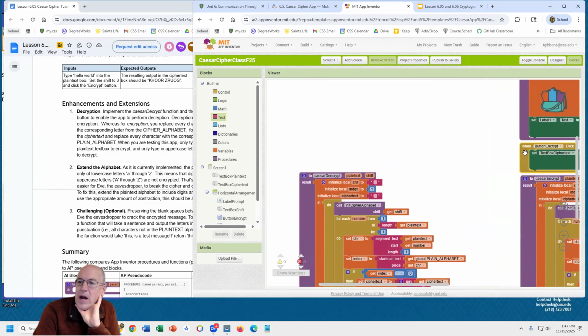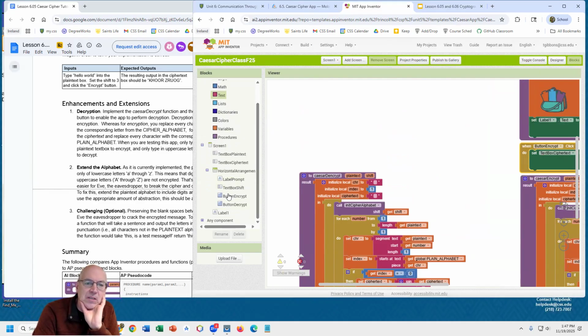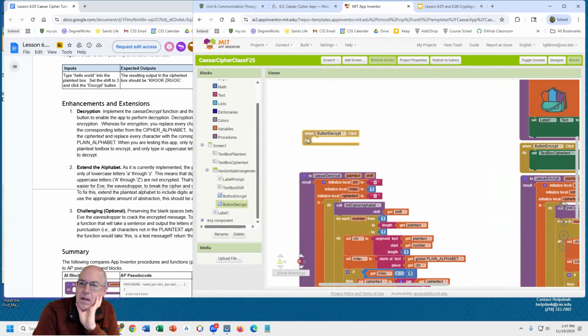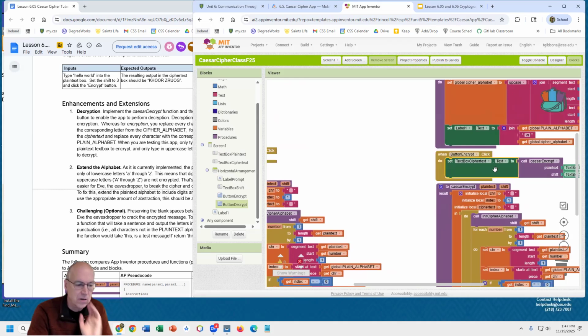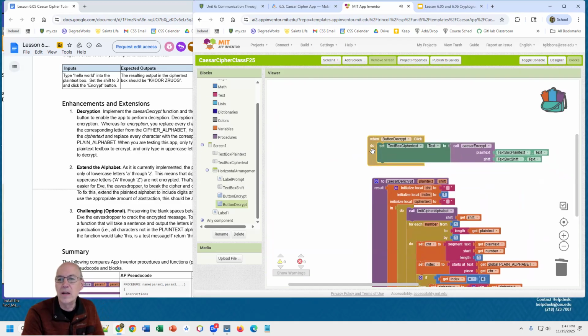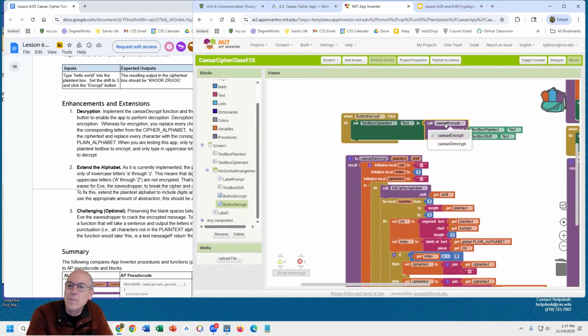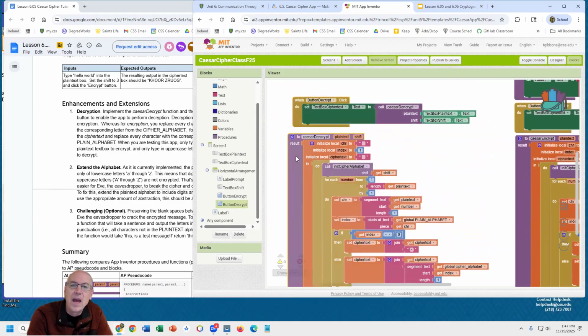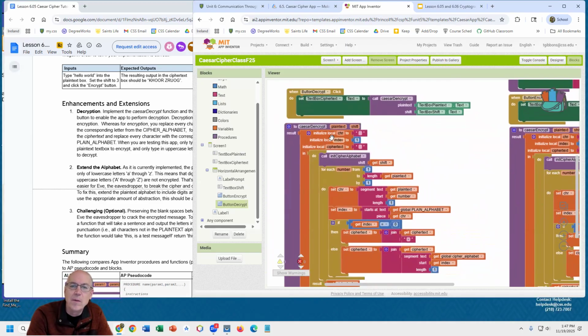And again, when we hit our button, we want to add something with our decrypt button. So find your decrypt button, and when we click on that, just like we did over here, I'm going to duplicate that. When we hit the decrypt button, I do not want to call Caesar encrypt. I'm going to call Caesar decrypt with the same stuff, the shift, I'm in the right spots, and the text. Okay, so add the decrypt button click, and then duplicate your encrypt to decrypt, and then see if you can